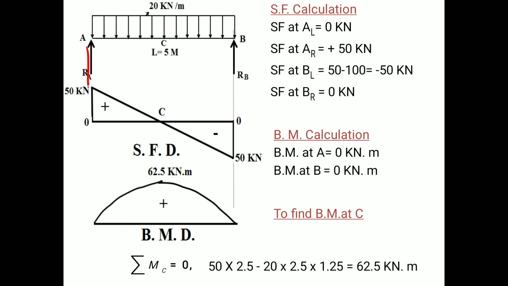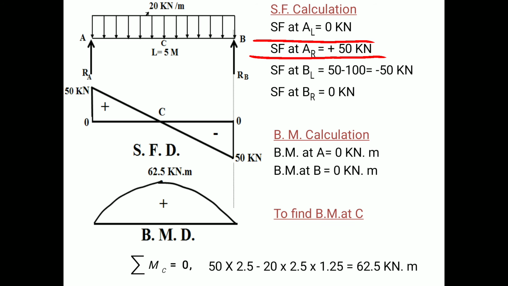Next, we are going to calculate shear force values. At point A a shear force is acting, and at point B a shear force is acting, and remember that there is no shear force acting over the entire span, only the supports act as shear force. Now we are going to calculate the value of shear force left and right of each point. The first one is shear force at left of A. All of you know that shear force at an end is 0, therefore shear force at left of A will be 0. The shear force at right of A will become plus 50 kilonewton.